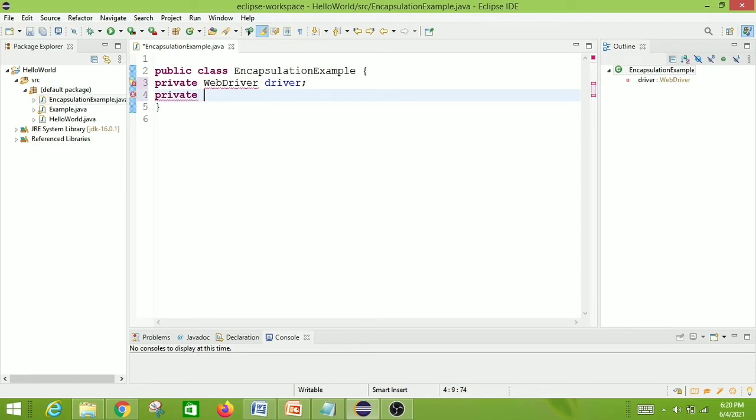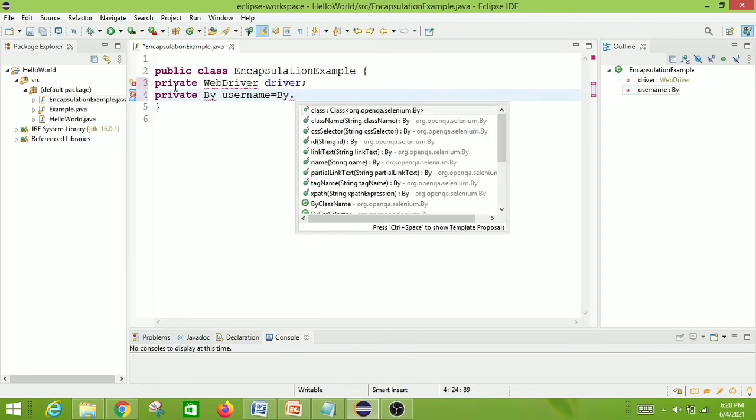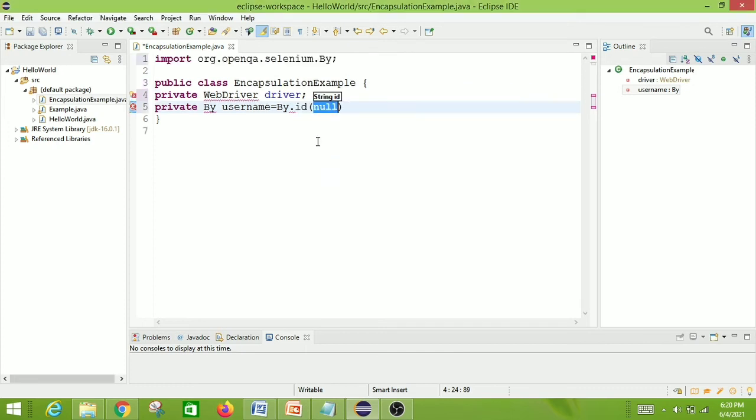I'll be using a username or something: private, we forgot to use By, private By username is equal to By dot, we can use anything. I guess you are familiar with the element locator. So I'll simply use some ID and put some value here, UID or something. Okay, so one data variable is created in private mode.